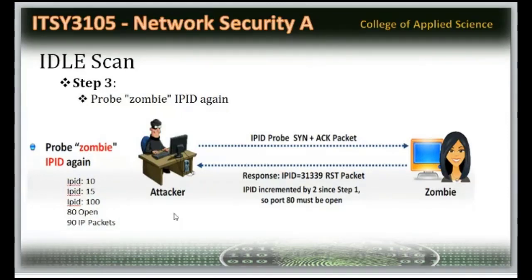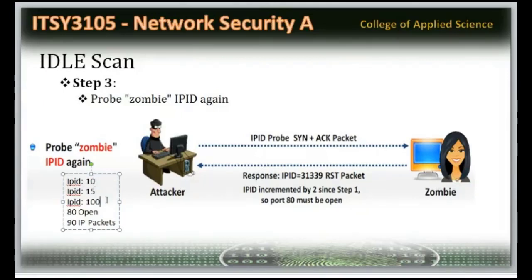You see how beautiful it is. So I give sync plus acknowledgement. You are giving reset. Write it. What is the IP ID available? Write it. Okay, IP ID is 10. Do the same process after 5 minutes or 10 minutes. Now I got the IP ID 15. So that means you sent 5 packets in between this time. You sent 5 packets to someone.